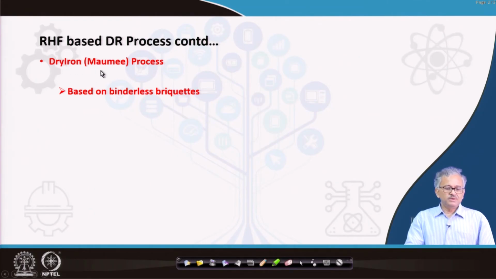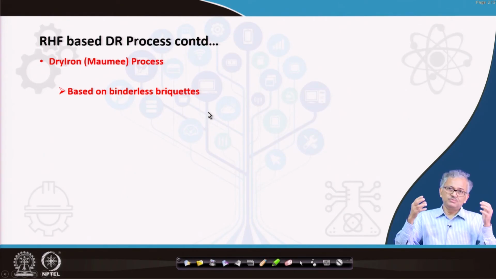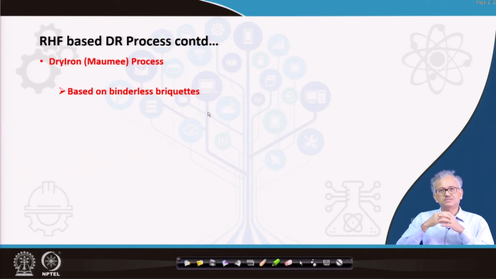Then the Dry Iron Miami process is based on binderless briquette. That is the most important thing. They don't use a binder. So if they don't use a binder, then the strength of the material is a question, at least for transportation to the RHF. That's why